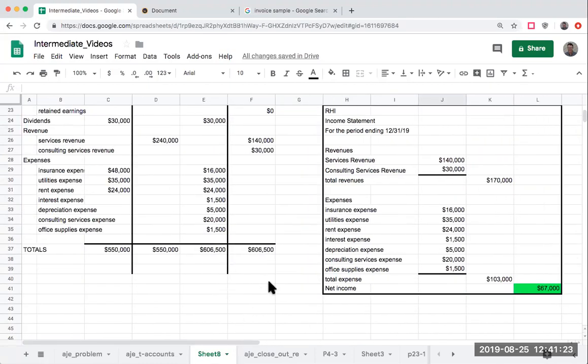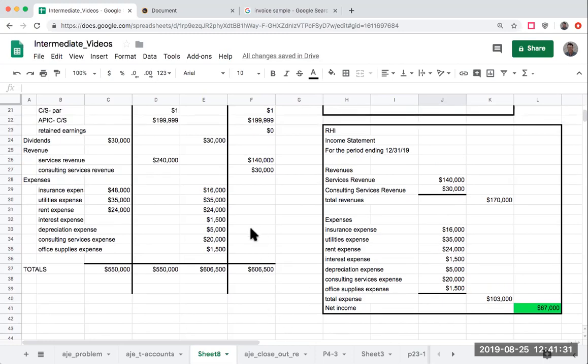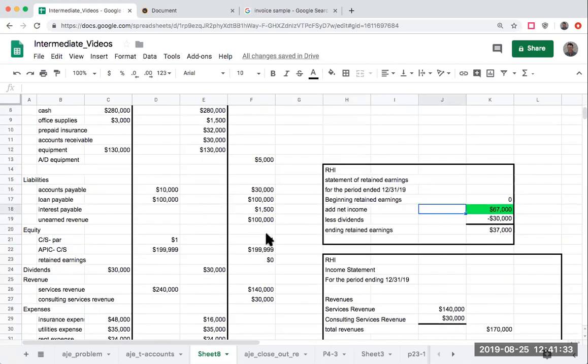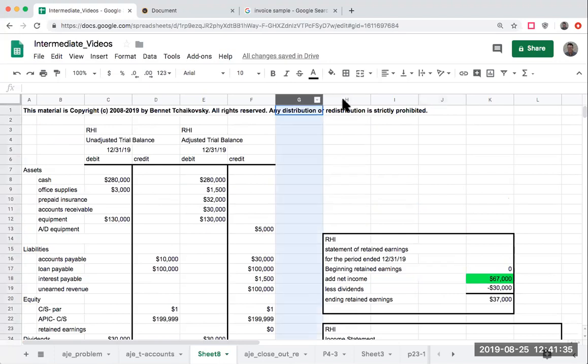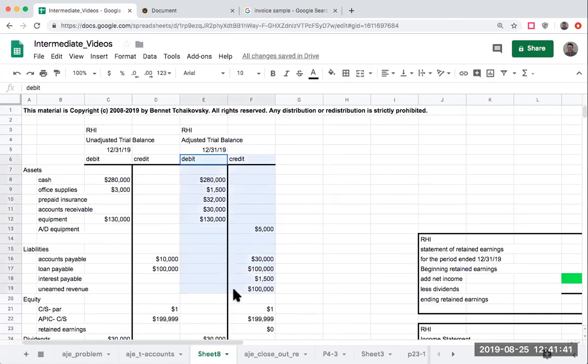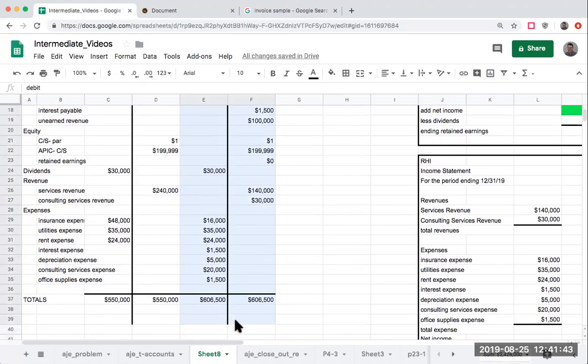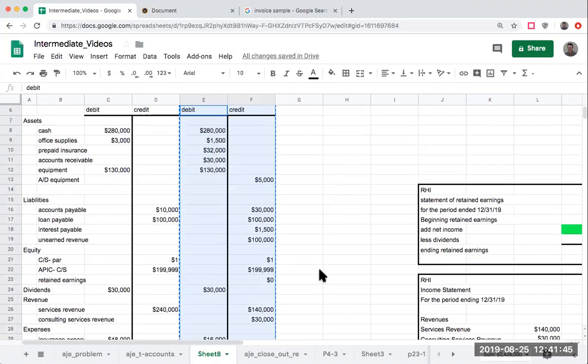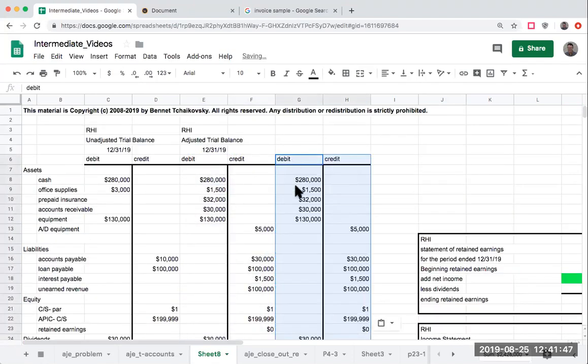However, before I do that, I do things a little bit differently. Some of you may have used something called income summary. What I need to do though is make a post-closing trial balance. And when I make a post-closing trial balance, what exactly is that going to be? Well, a post-closing trial balance is essentially something that is going to be taking